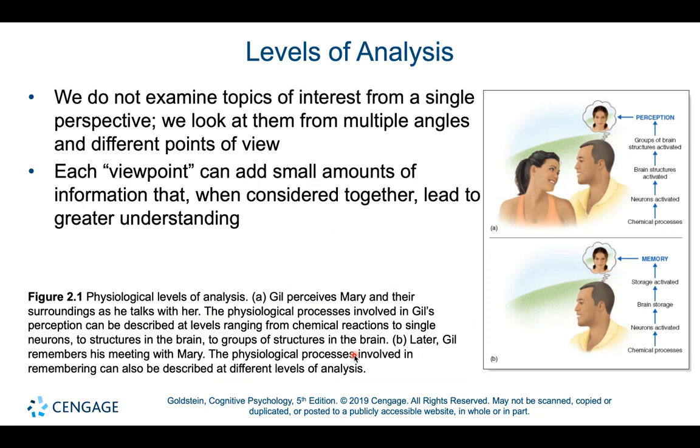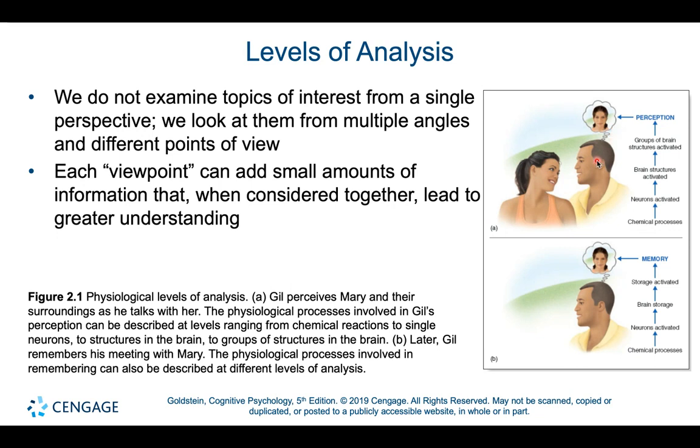So one thing we need to get out of the way before we move on into the complexities of cognitive neuroscience is the idea that we can vary our level of analysis when we talk about cognitive neuroscience, meaning it is not more or less correct to focus on a single element of the brain or of behavior. So something like, let's look at A over here, right at the top right, this picture of a man looking at a woman, right? And he perceives this woman, right? What we would call, he